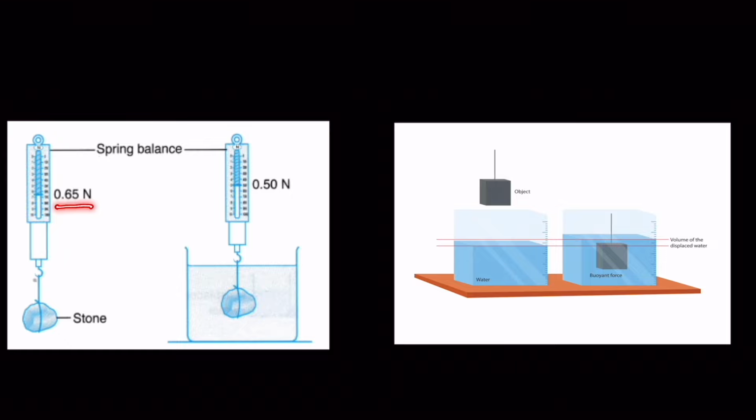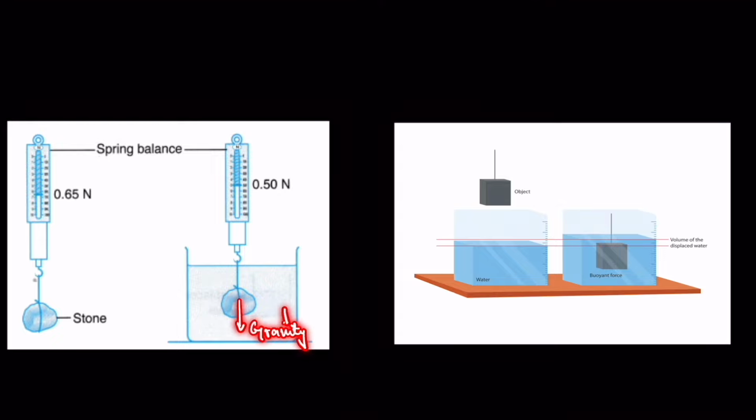But when we put this stone inside the fluid, or you can consider water, then the weight of the stone becomes 0.50 Newton. So it means that there is a loss of 0.15 Newton. So actually what happened, let's understand. Here when the body is in the air, at that time only acceleration due to gravity is acting on it. But when the stone comes inside the fluid or the liquid, then acceleration due to gravity is acting on the body,